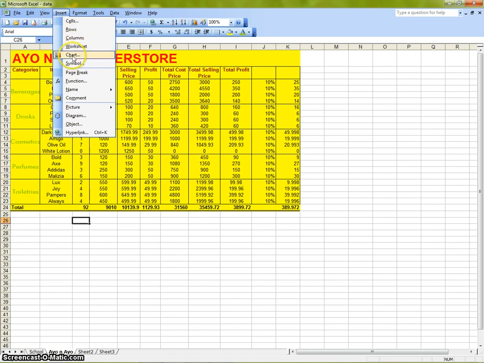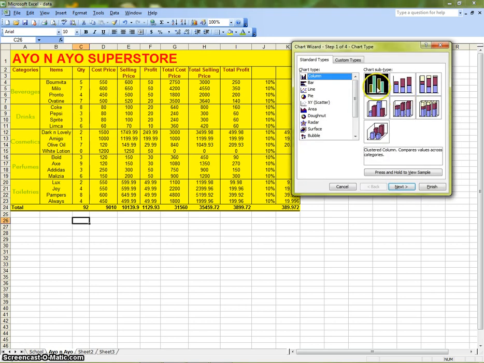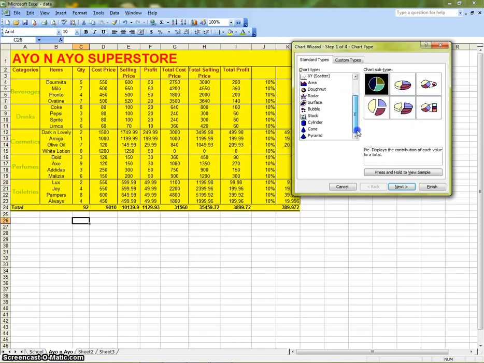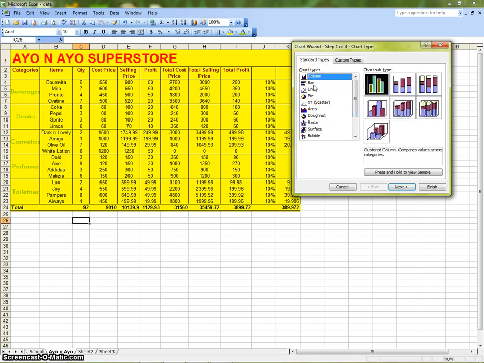Now we're going to insert charts in our next video, where we're going to work with column charts, bar charts, line charts, and pie charts. All these kinds of charts are the kind of thing we're going to work with. But I'm only going to show you how to use your column chart, how to use your bar chart, how to use your pie chart. So there are 3 charts I'm going to show you for this